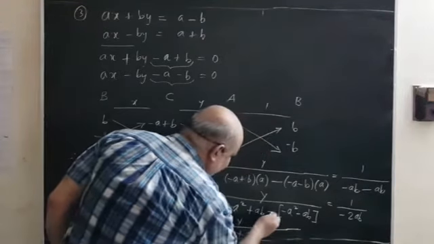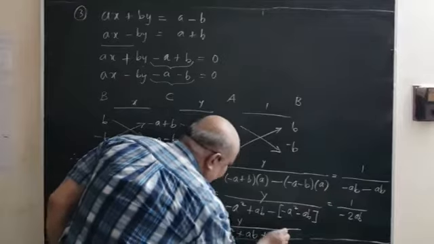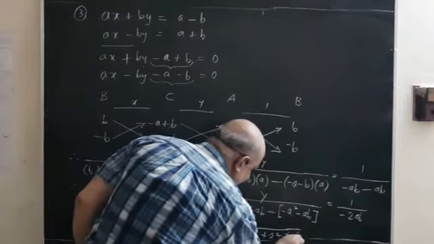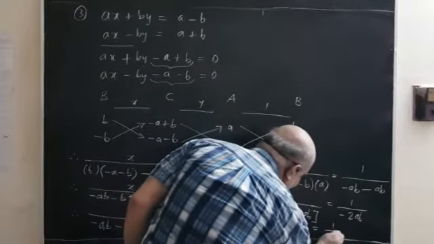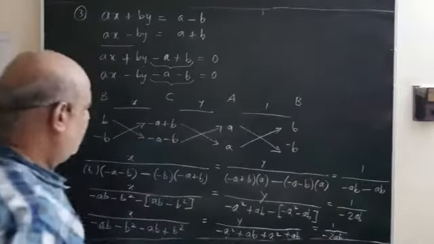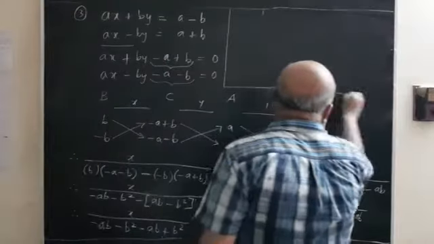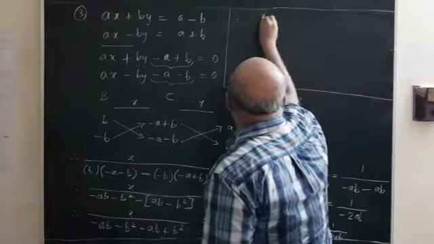And what do we get? Minus of minus a square is plus a square. And minus of minus ab is plus ab. Is equal to 1 by minus 2ab. I don't have space further here, so I am going to continue here. Therefore, x divided by,